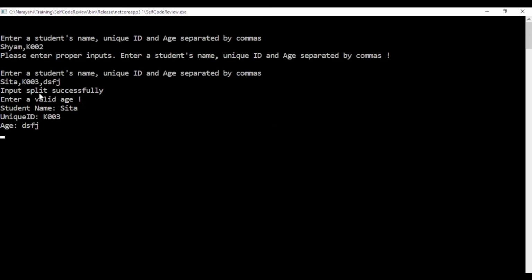You should also note that the logging here, input split successfully, is something that we display on the console screen now, but in a real-time environment, we will have log files where we will log appropriate messages as and when we complete individual functionalities. This log will be very helpful when we identify production issues.